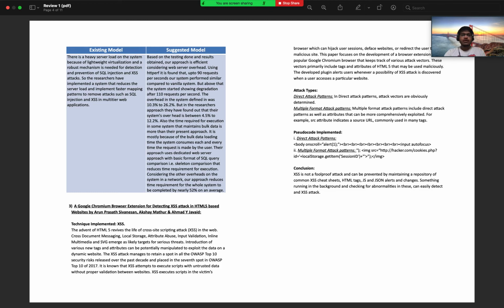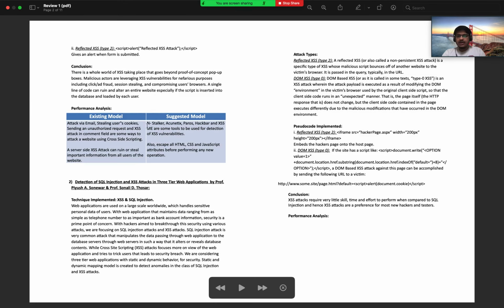But in case you want it to be undetectable or stealthy, then in that kind of scenario you can follow this paper, where we use attack via email, stealing cookies, etc., which is the existing model, and the suggested model tells us to use these particular tools: escape all HTML, CSS, JavaScript attributes, which, if you remember, I did using regex.